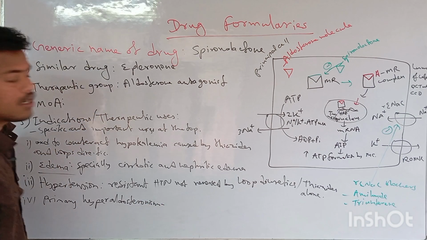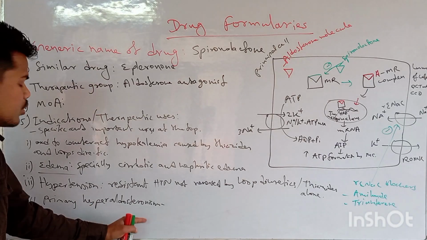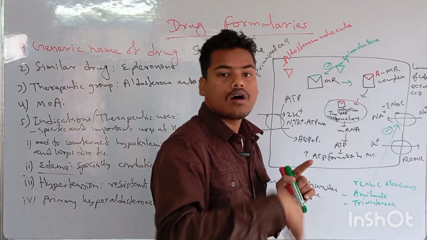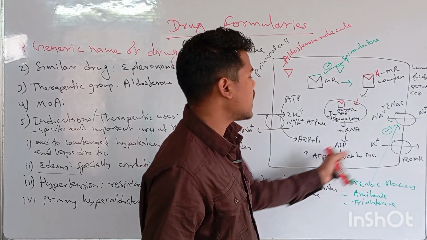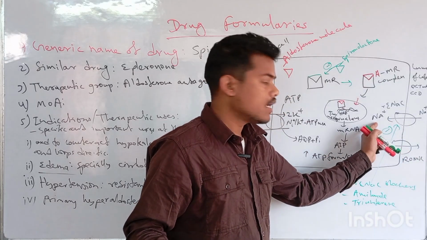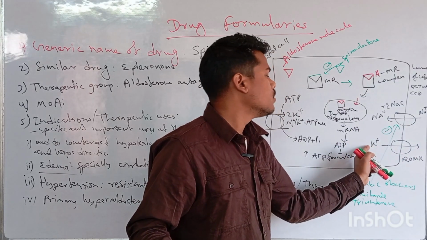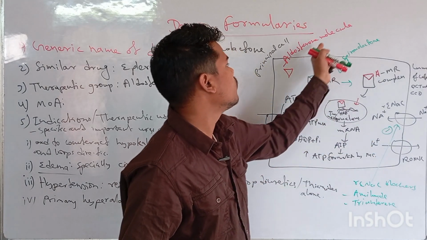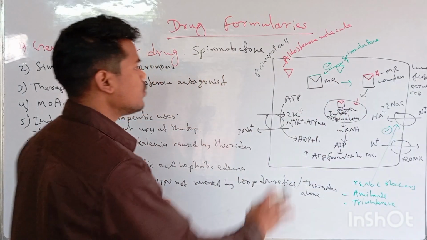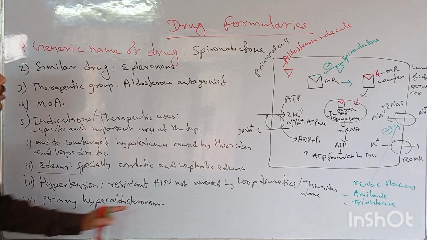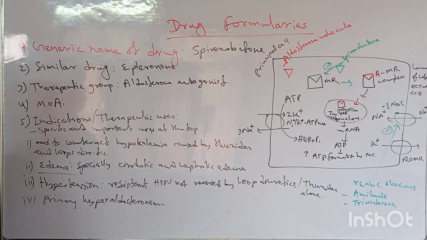Hyperaldosteronism, there can be also this used. Why? If there is a hyperaldosterone, secretion of the aldosterone in excess, this mechanism will be augmented, and there will be increased retention of sodium and increased sparing of the potassium. So to reduce that, this aldosterone antagonist can be used to antagonize the action of the excess aldosterone. So in that case you can use it. All these are coming from the mechanism of action. So these are the important uses of this